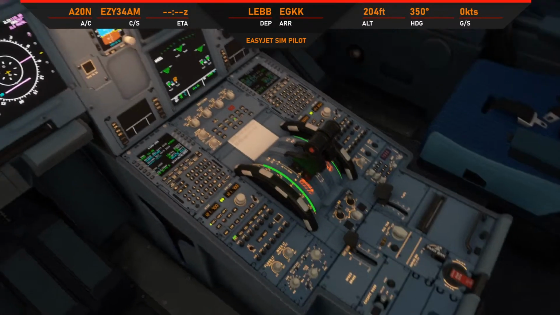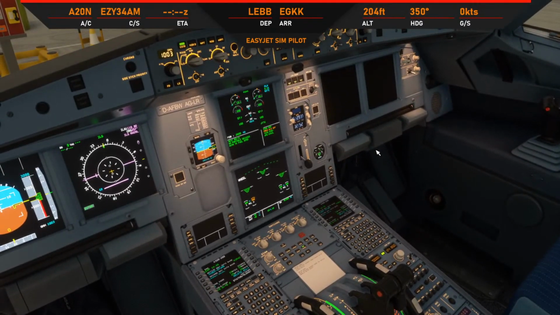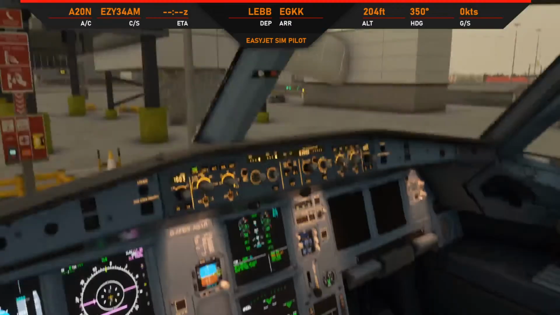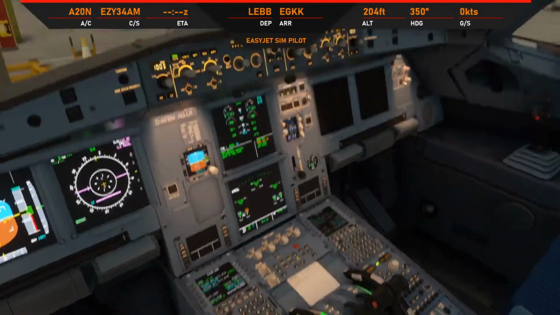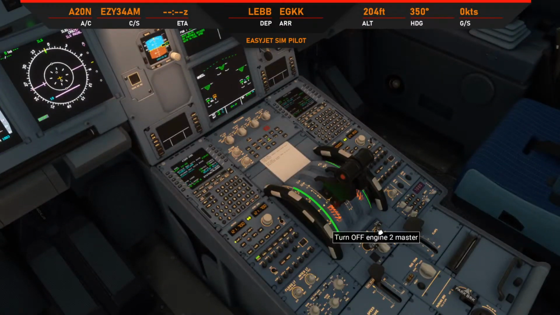Okay. Accumulator's in the green, taxi lights off. And we can now disarm the doors. Parking brake is on, anti-ice is off. APU is running. Let's close those engines down. Engine 1 off, engine 2 off,